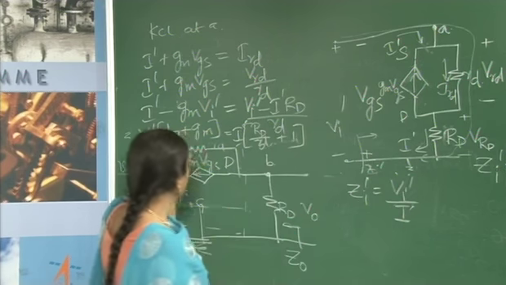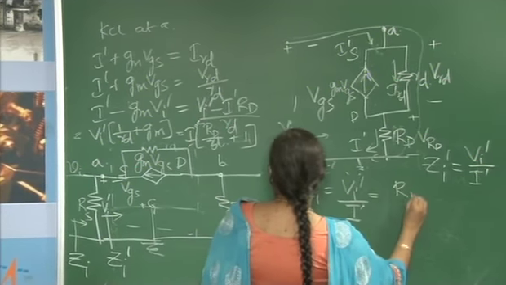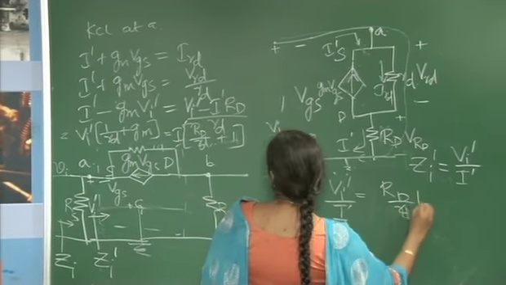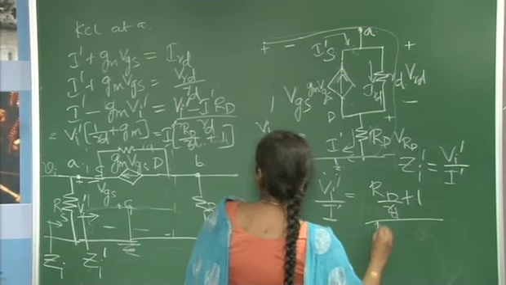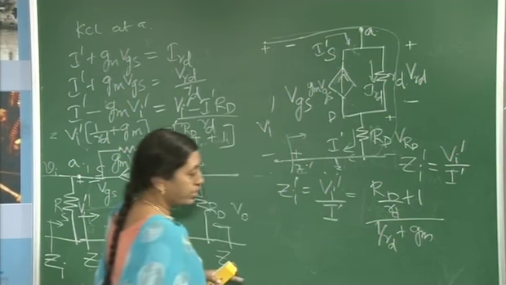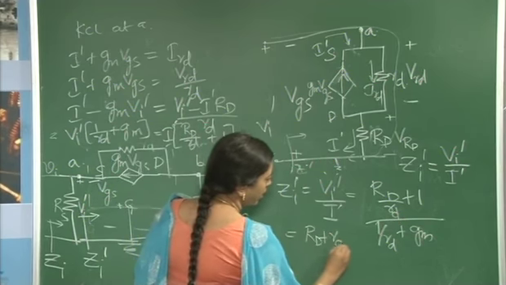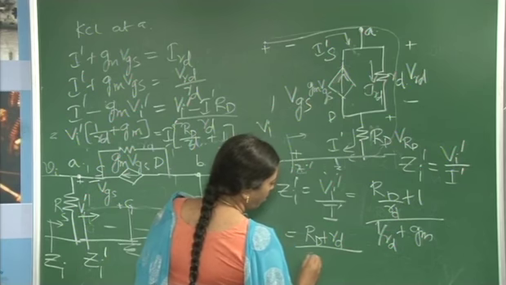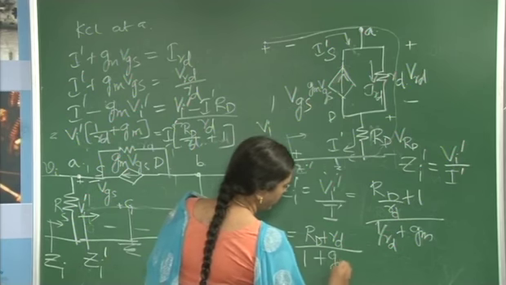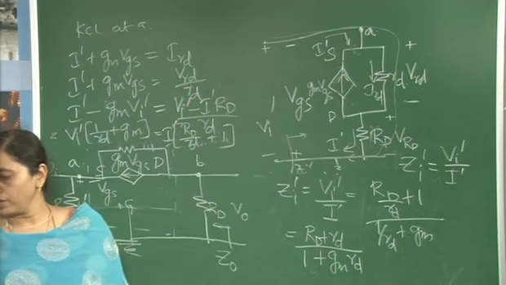By rearranging this expression, we find that this is equal to RD by RD plus 1 divided by 1 by RD plus gm. So, if I take out RD as common, we find that it is RD plus RD divided by 1 plus gm RD. So, this is the expression for